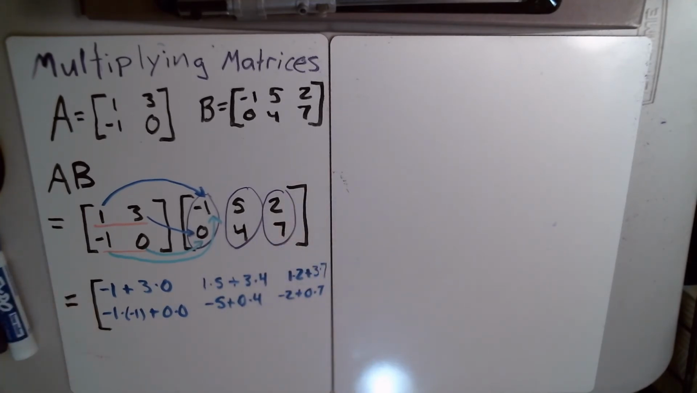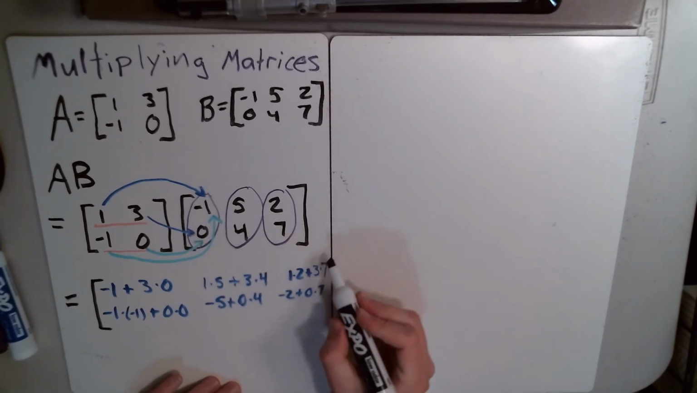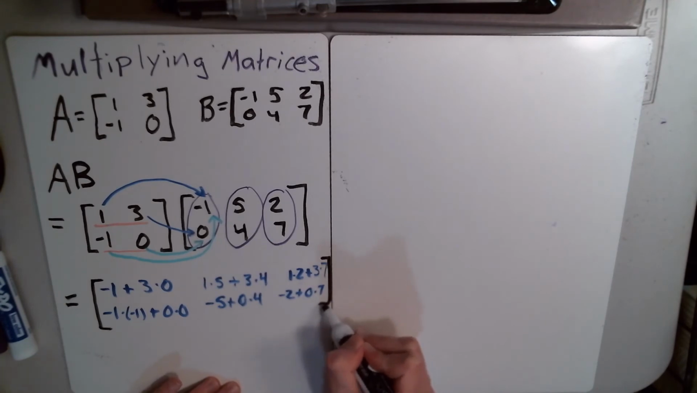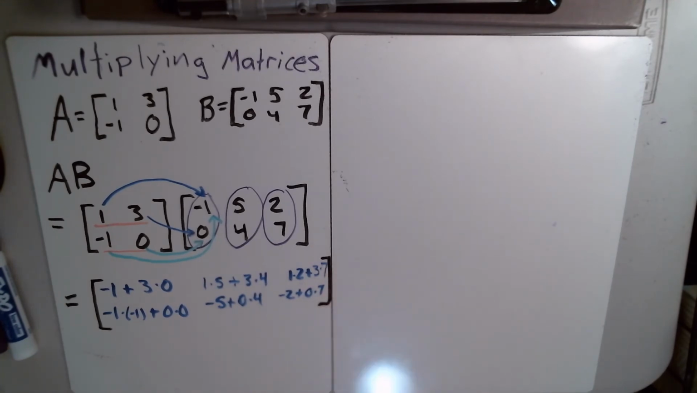Okay, let me put in another bracket there. So now I just simplify the entries. So I get